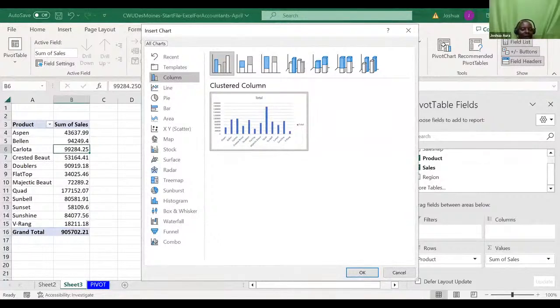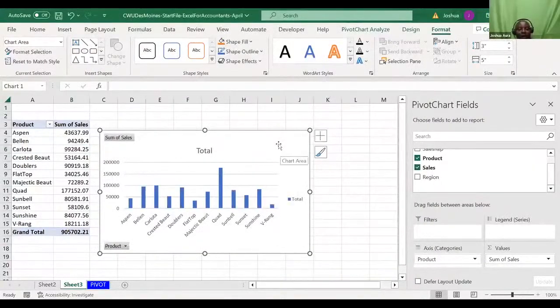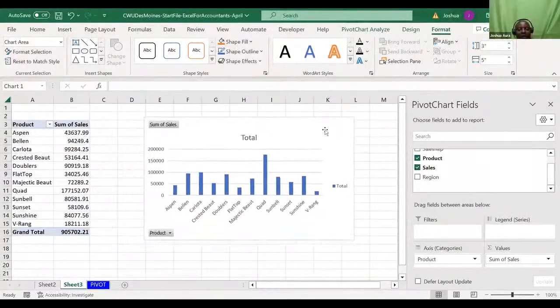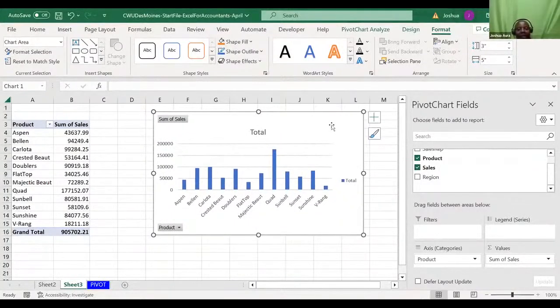The pivot chart has come up. I can decide which one I want. So ladies and gentlemen, I'll come here and say okay. So when I say okay, I would need to come and take this a little bit by the side there. Just by looking at this visual representation, I'm able to see the winner of it all, the salesman who sold the most.